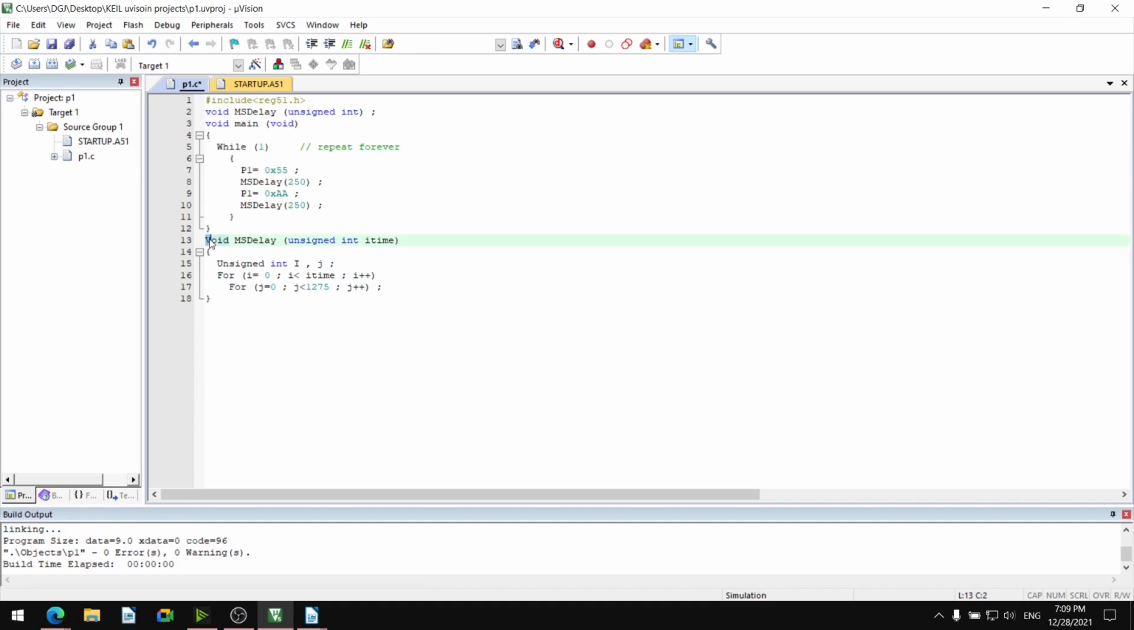So include reg51.h, void ms delay unsigned integer. So this is the definition, the ms delay function is defined. Then void main, main function starts. This is the curly bracket opening and curly bracket closing, cyan color we are seeing. So these are the curly bracket open, curly bracket closing, main function,